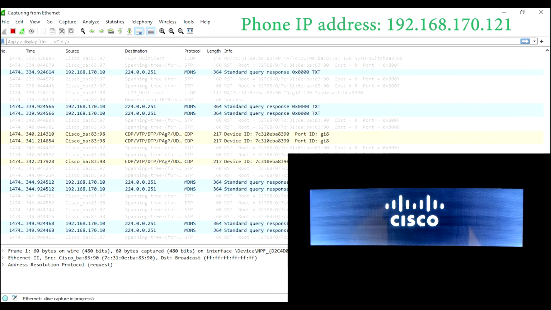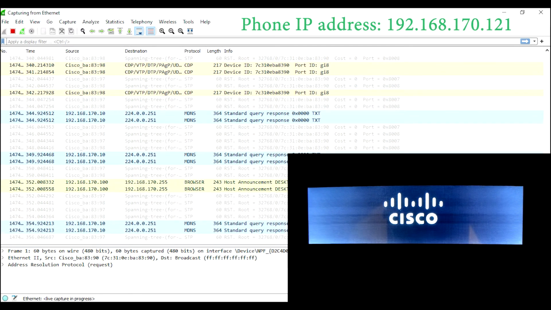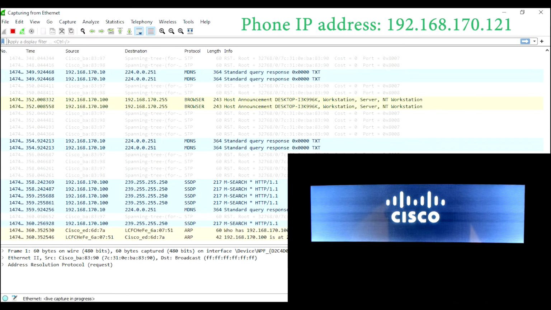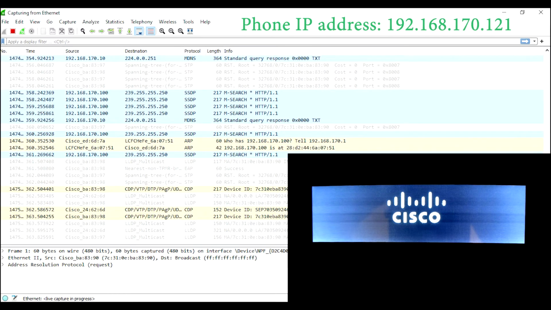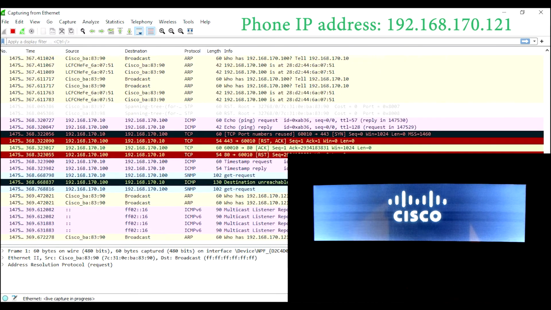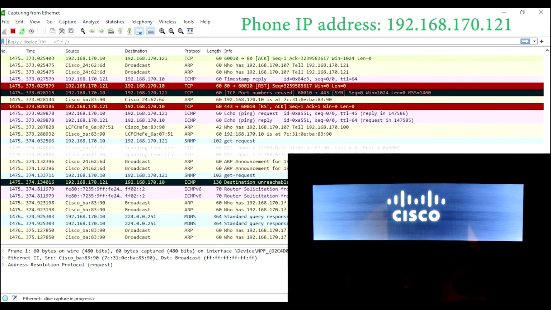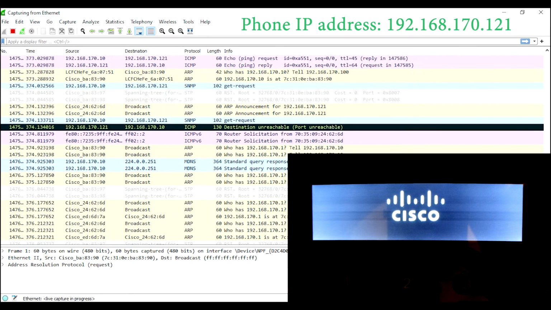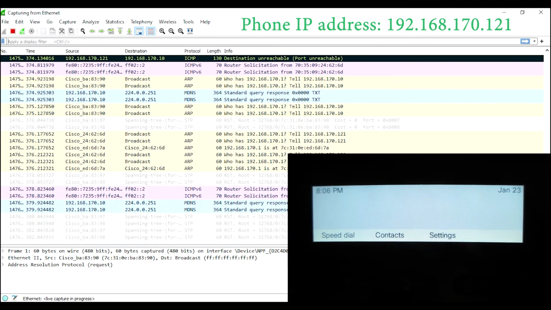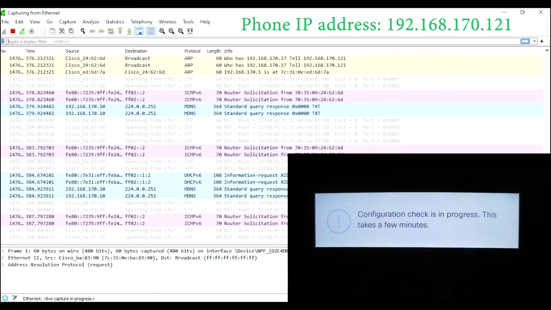So we should have the phone here finish rebooting. It takes about a minute and a half or so, and then we'll take a look at the actual firmware the phone has. When the phone comes up in MPP firmware, be aware that it does do some handshaking with WebEx Calling, so we may see a few reboots of the phone, and that's normal. Typically, I'll leave the phone alone for like 3 to 5 minutes to make sure it stabilizes. Obviously, I'm doing a video right now, so I'm going to try to not make the video too long. So let's wait a moment here for it to finish